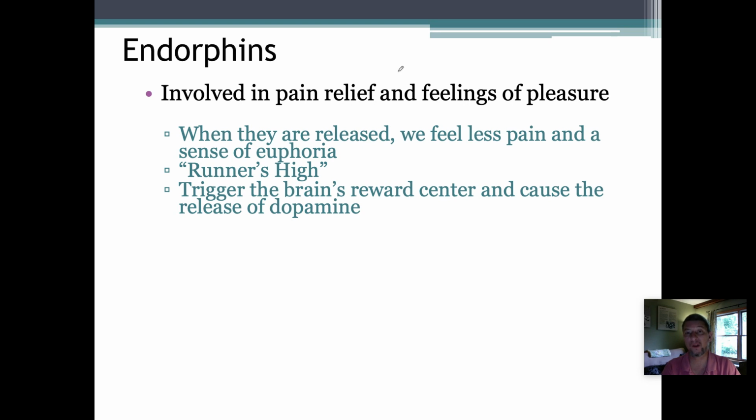It makes you feel better, makes you feel good. And the way that it does this is it triggers the reward center in the brain and actually causes the release of dopamine, which again increases your positive feelings. All right. And so those are the various kinds of